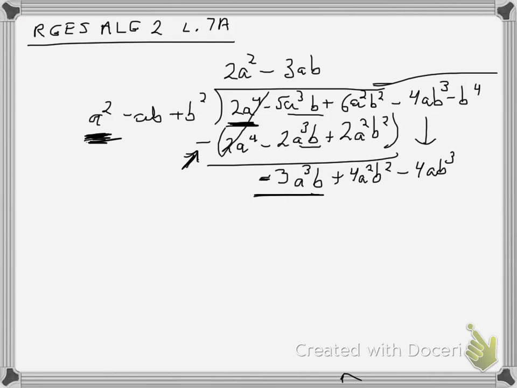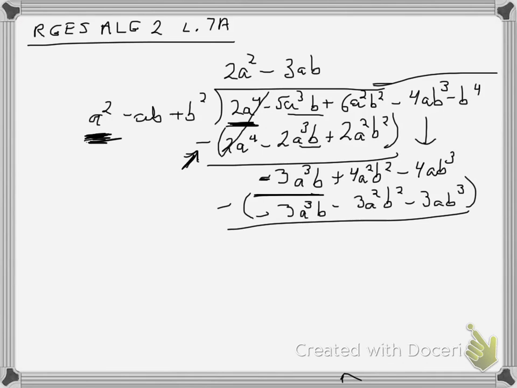Okay, so now multiplying back all three terms, you get -3a cubed b minus 3a squared b squared, and then the third term minus 3a b cubed. Subtracting, and again, this is the part you want to be very careful about. -3 minus a negative, that's -3 plus 3. That will cancel out. 4 minus a -3, that's 4 plus 3, 7a squared b squared. -4 minus a negative, that's -4 plus 3, which would be -1. And then again, when you're finished, you will want to go ahead and draw down your next